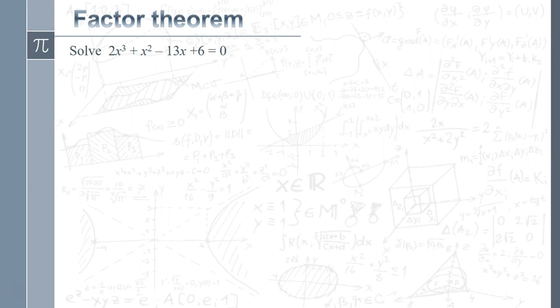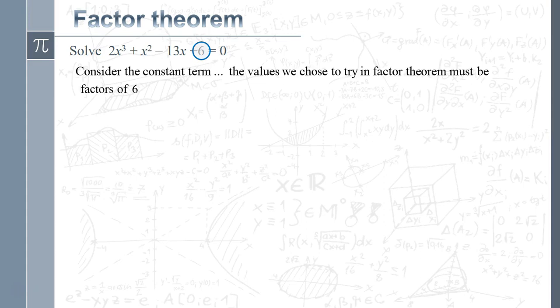Okay, moving on. Normally you get given the thing that you're trying to prove. So in the previous question it says prove that x plus 3 is a factor, and so you normally get given that as a start, but on the other occasion you might just say, okay, we've got to solve this, in which case you've got to try and figure out what numbers you're putting into factor theorem to begin with, and that's going to come from the constant term on the end. So if we have a look at that value there, the numbers that are going to be in our brackets have got to be factors of 6 in order for it to